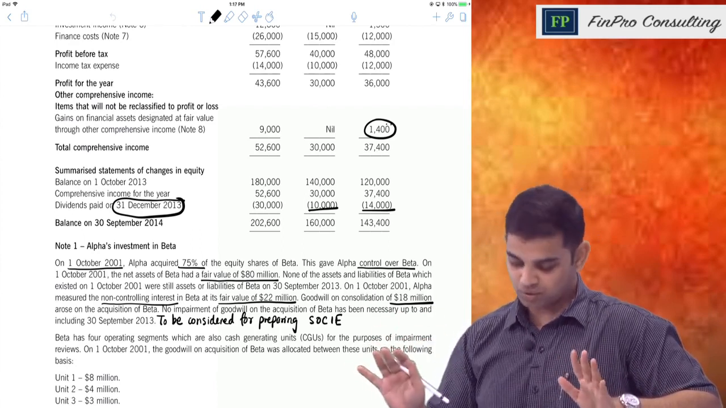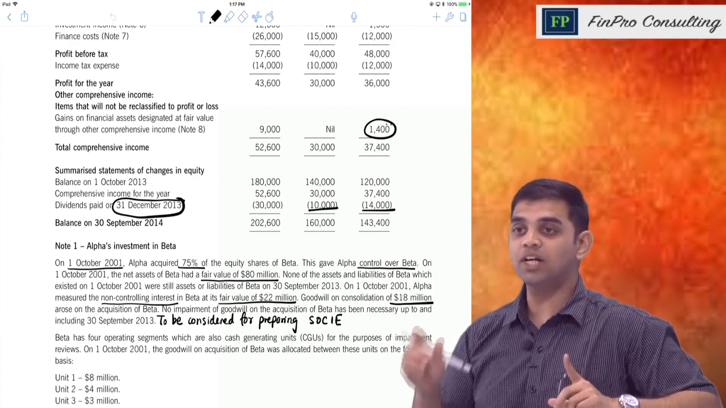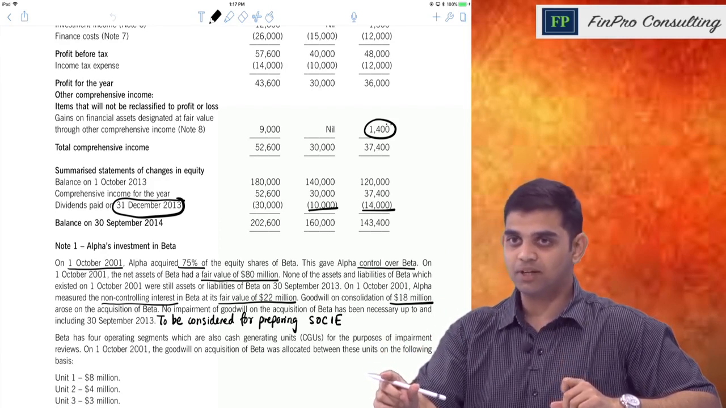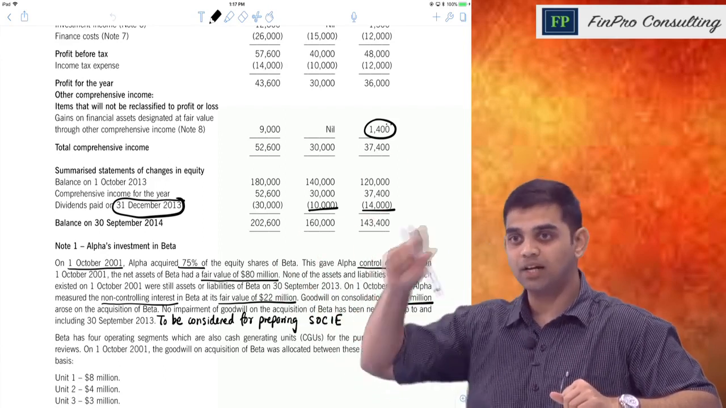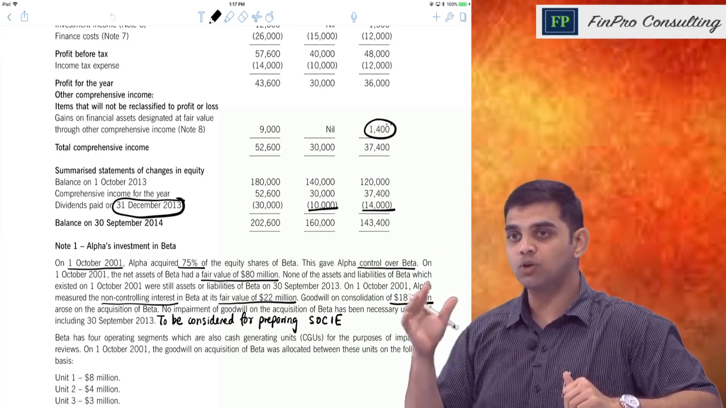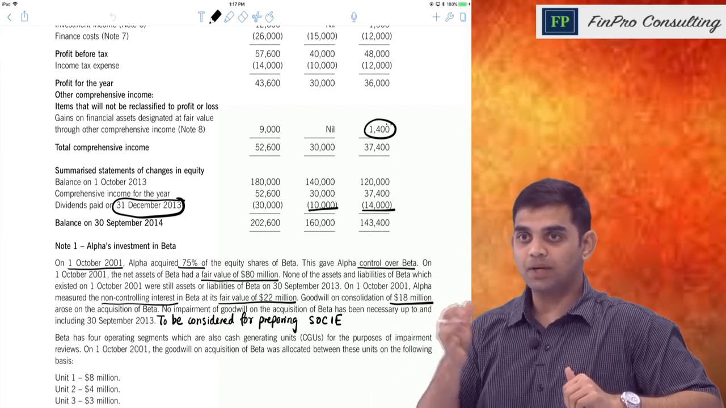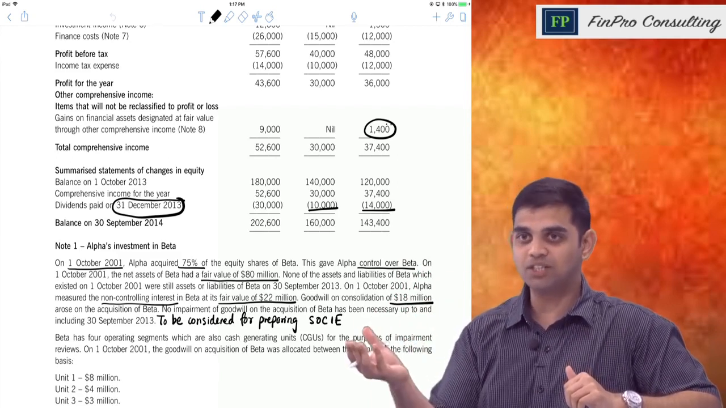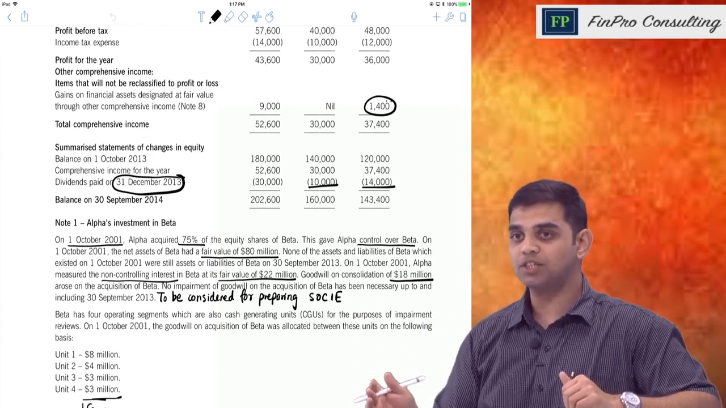So 120 ignore. Should I include the entire 140? No, I will only include post acquisition profits. Are you getting me? You will only include post acquisition profits. 1,40,000 is for the entire company right from day one. But in my net assets, I will only include those amounts which are attributable to the parent. For pre-acquisition profits, you have already paid the price and goodwill is generated. So how will I compute the post-acquisition profits